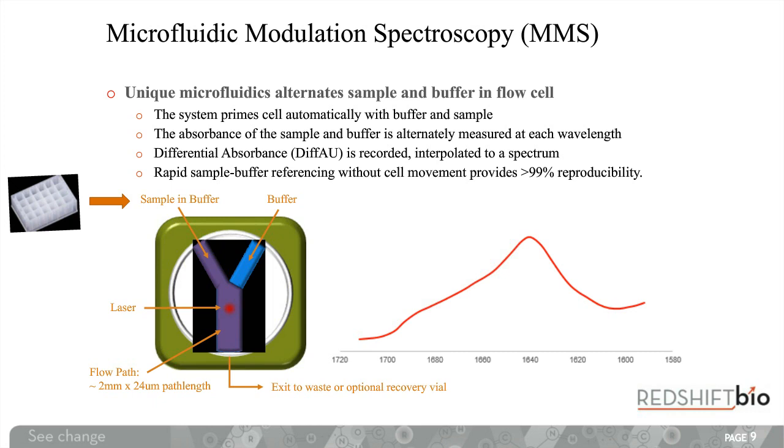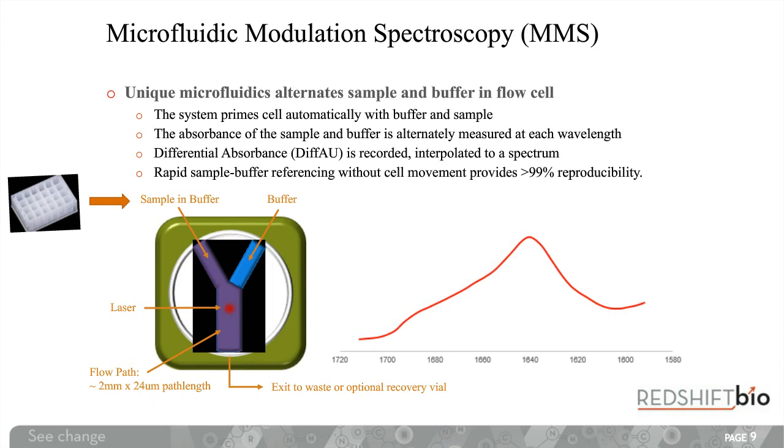Another large problem actually is water subtraction. Water has an absorbance band almost directly in the middle of the amide 1 band, which is the area of most interest for proteins. And this causes a lot of problems with subtraction, and is actually historically why a lot of people have used the comparisons between the amide 1 and the amide 2 bands in the past. We don't have this problem at all. We can control the humidity within the measurement chamber, and the fluids themselves never come into contact with the outside environment, and so we have almost perfect water subtraction here.